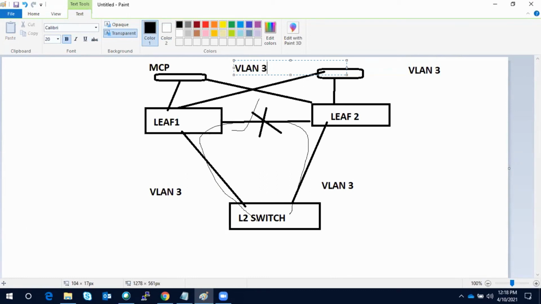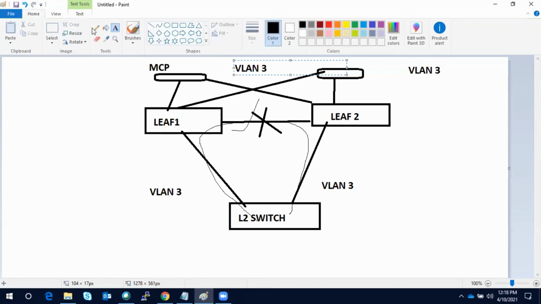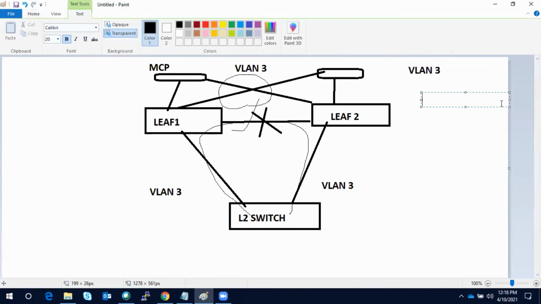Okay. What happens if the configuration in ACI is making this fabric a layer 3, that means your BD, bridge domain, is enabled with unicast routing.